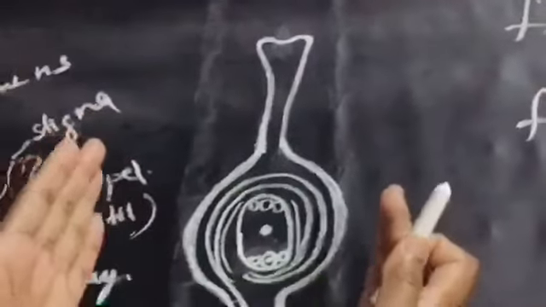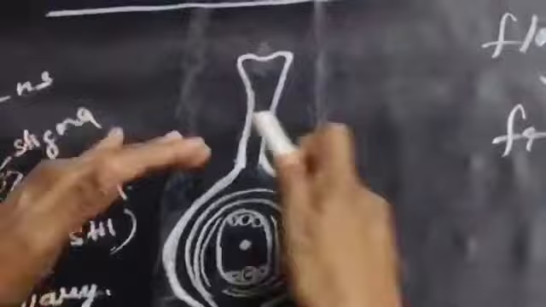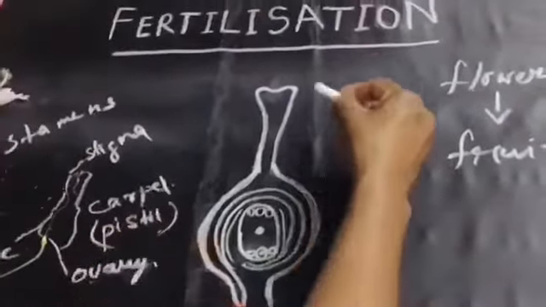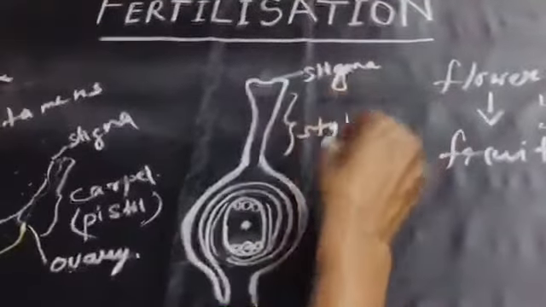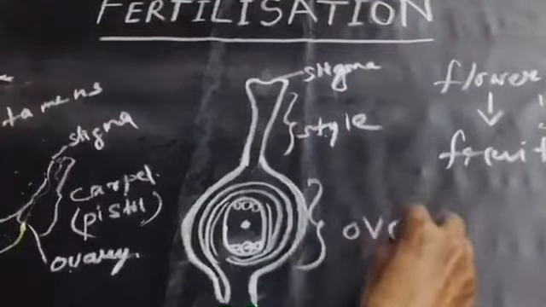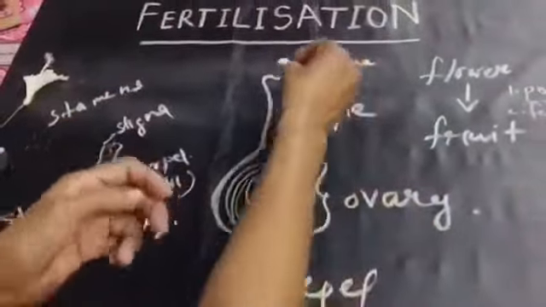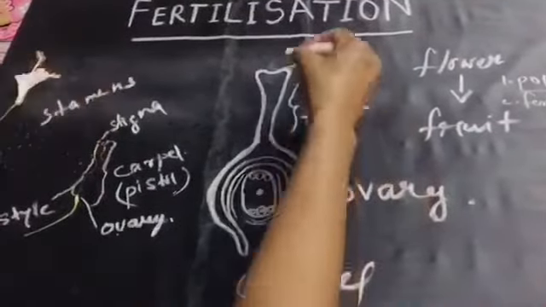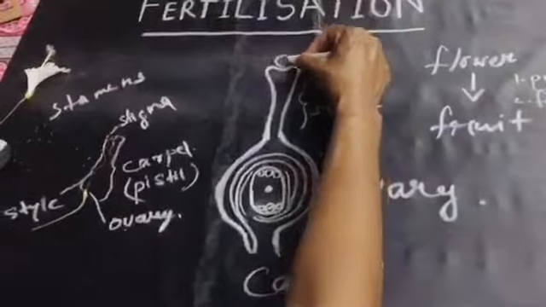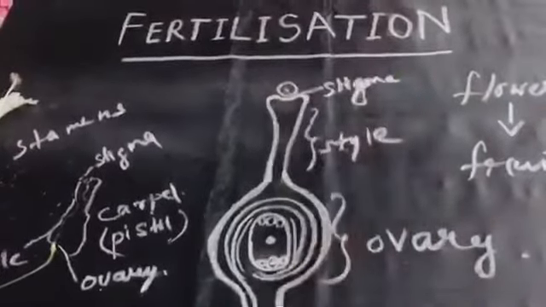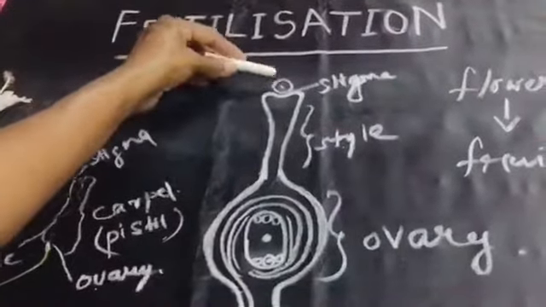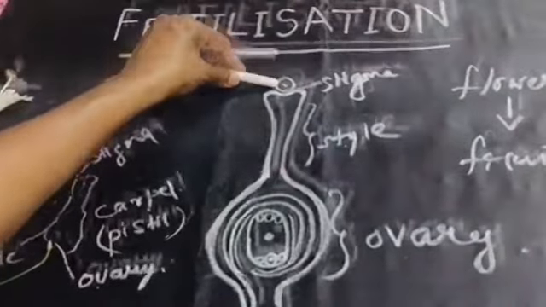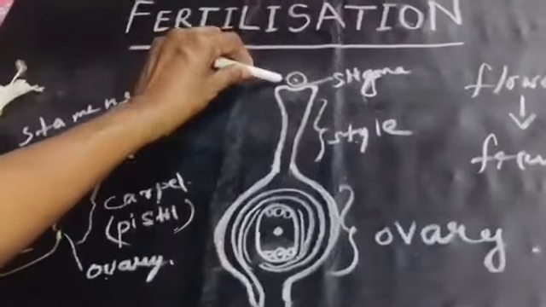Here, I have shown the ovary of the pistil enlarged. So this is the stigma, this is the style and this is the swollen ovary. This is a carpel. The stigma portion, I told you already, the pollen grain falls on the stigma. So it means it is falling on this part. The pollen grain is settled over the stigma. Now what happens to the pollen grain?